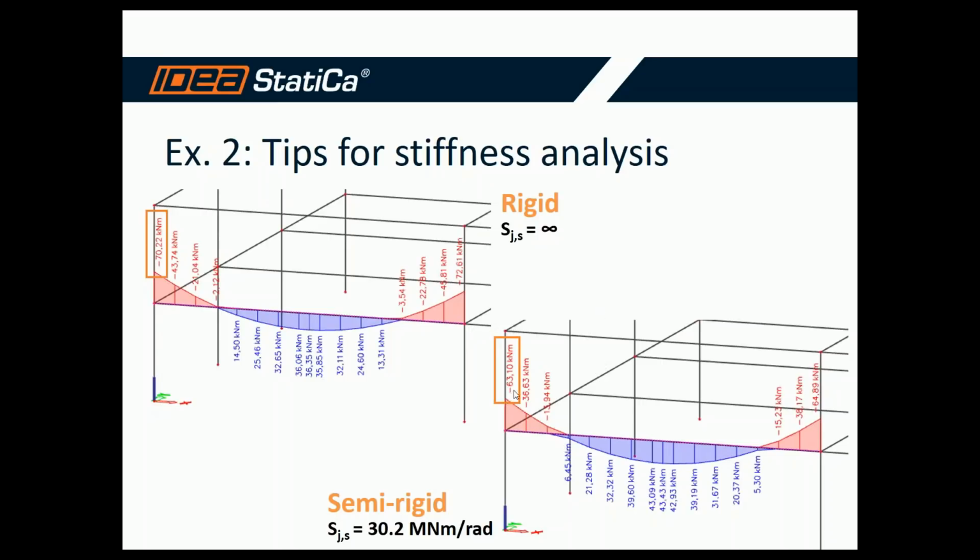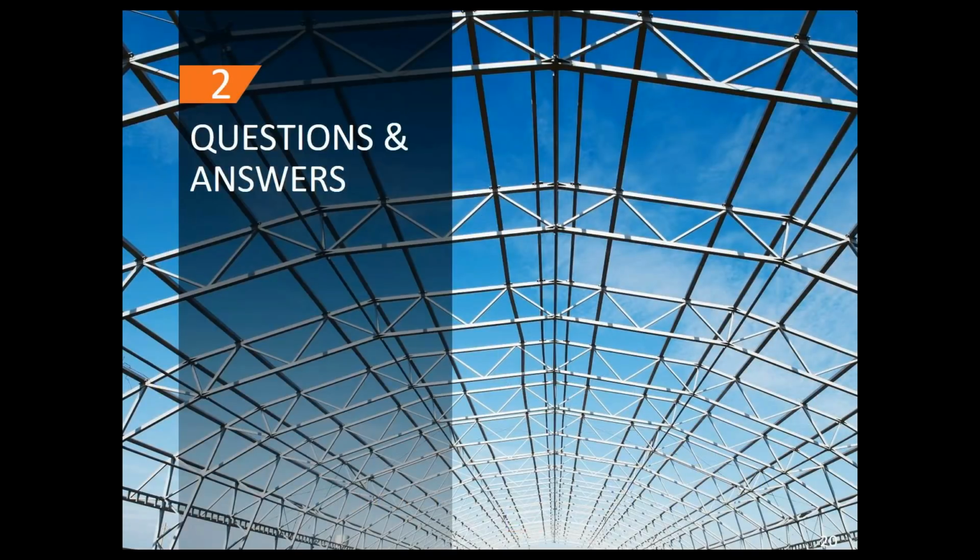results. In the joint, we have only 63.10 kilonewton meters, and in the middle of the span, we have much more moment. We have 43.4 kilonewton meters. That means that you have, again, to check the cross-section in the middle of the span. So it was the example of how to use the rotational stiffness, and we can go further to your answers and